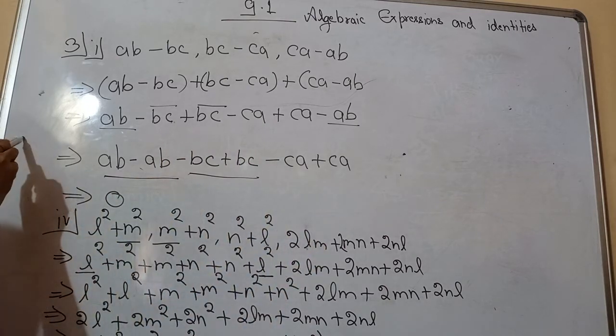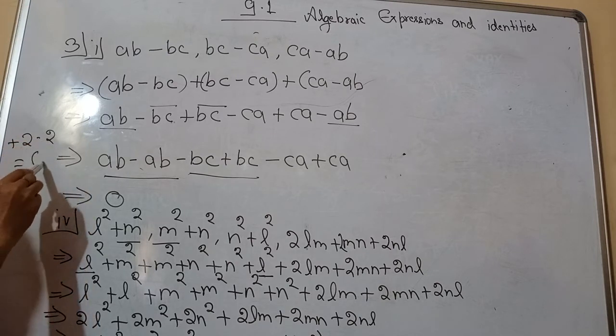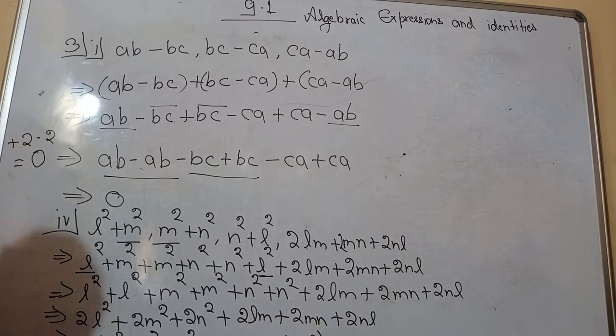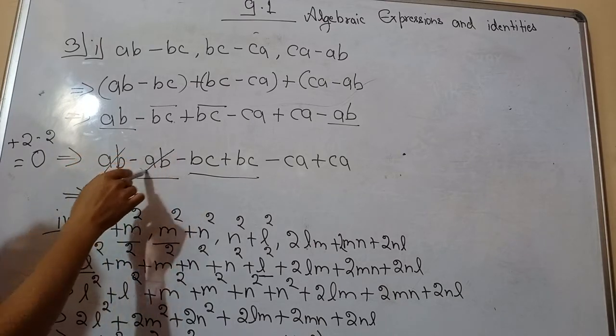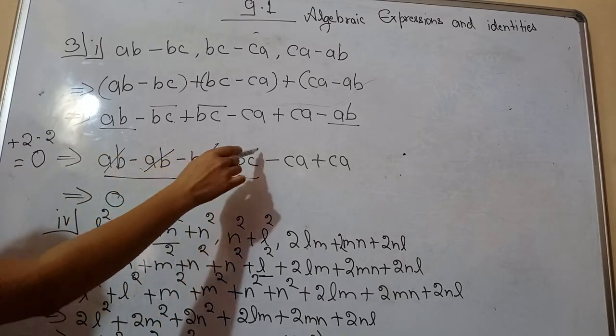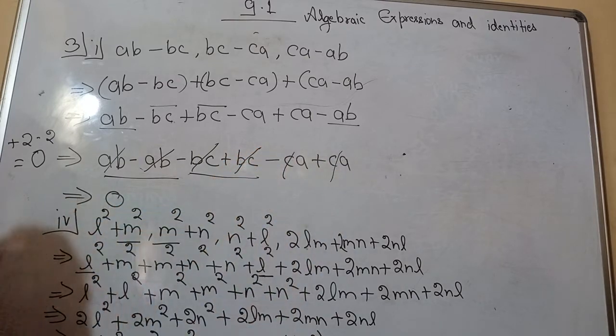You know that if I write 2 plus 2 and minus 2, what is our resultant? Our resultant is 0. Because if the same number is carrying both the signs plus and minus together, then the resultant will be 0. The same thing applies with variables also. Plus AB minus AB cancel out. Plus BC minus BC cancel out. Plus CA minus CA cancel out. So what is our resultant at last? Our resultant is 0. This is how you have to add the terms.